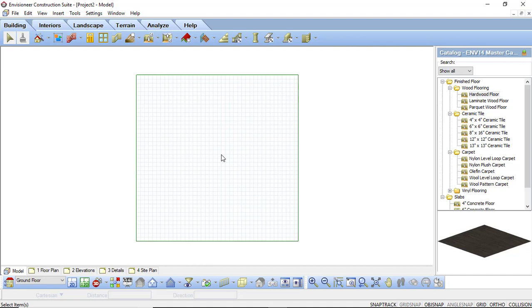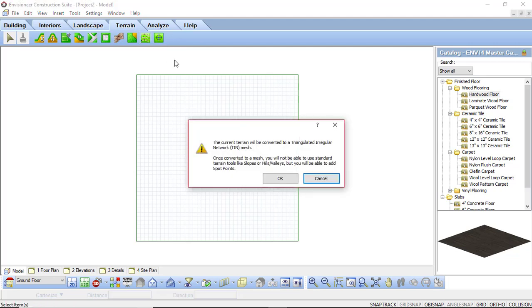This is an excellent way of showing the true topography of a site that you're going to be working with. To use the command, we're going to go up to Terrain, and we're going to select the Import Site Data button. This will pop up a message letting you know that once you create a tin terrain, that it's going